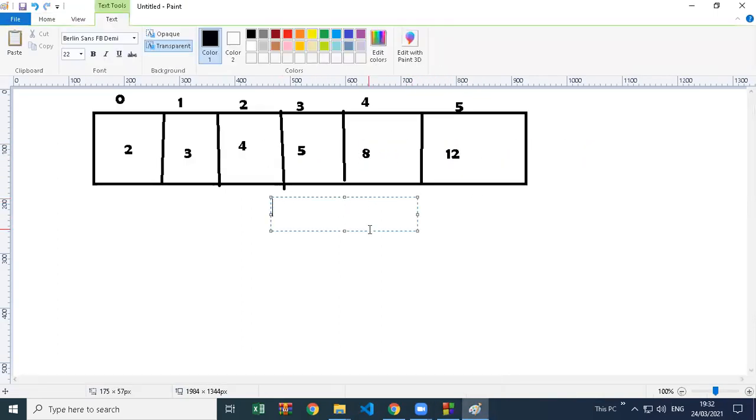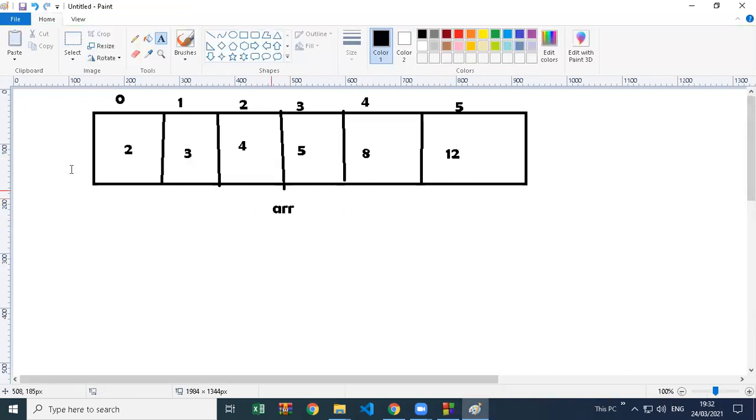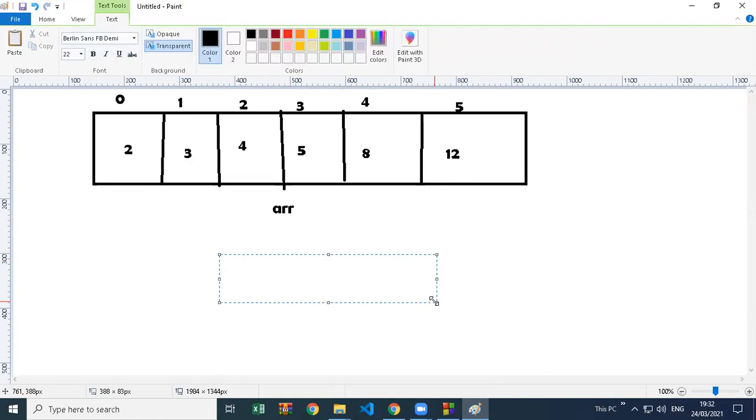Now what we have to do with this ARR array is find a value. So again remember the same logic. For example, we have to find the number 8. So how are you going to find it? First we have to take the left value. So the left value, this is L, I have written L there. The left value is 0 and the right value is 5.